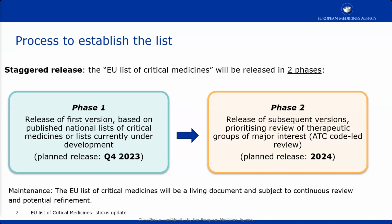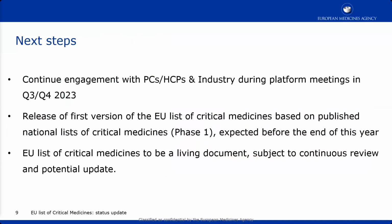Now, the EU list of critical medicines is also going to be a living document, obviously. So I will be looking into a possible review of the maintenance that we initially deployed for the crisis lists that we released last year. This is already bringing me to the last slide. If we could go to that one again, just to update you and to conclude: